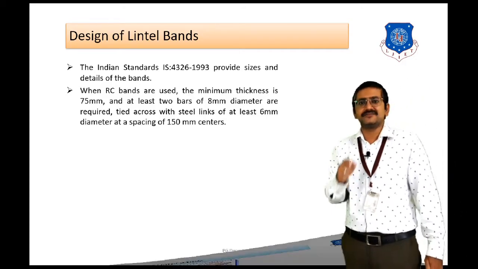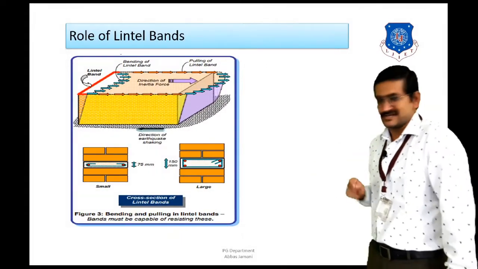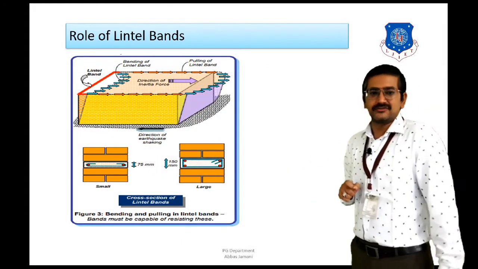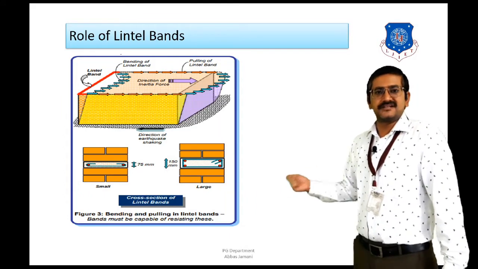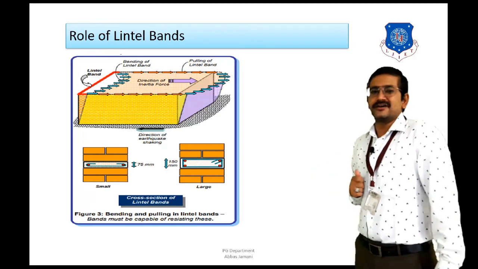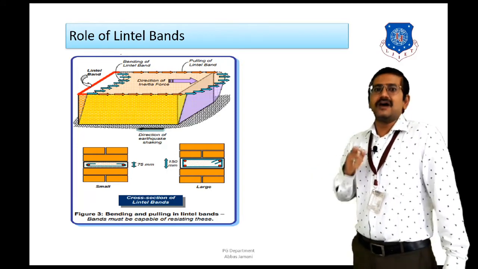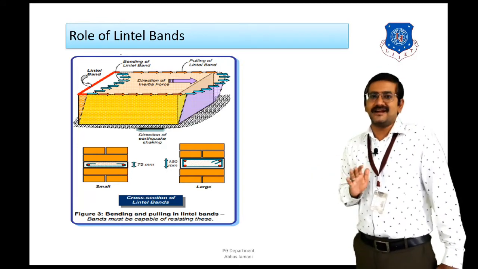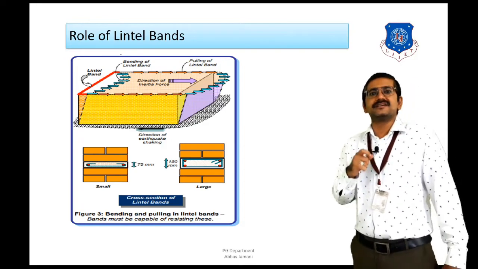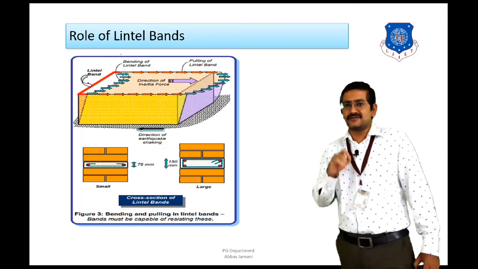To understand this, we go back to our previous sketch where two details are shown, one for the short span and the second for the long span. The first sketch shows that the thickness of the lintel band is 75 mm. In the second figure, you can see that the thickness is 150 mm. However, these are not stringent guidelines, it will be dependent upon the design also. That is, you cannot just give 75 mm or 150 mm thickness.